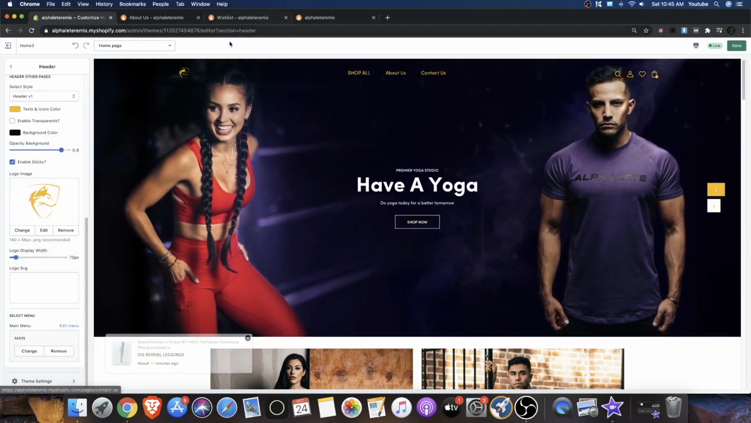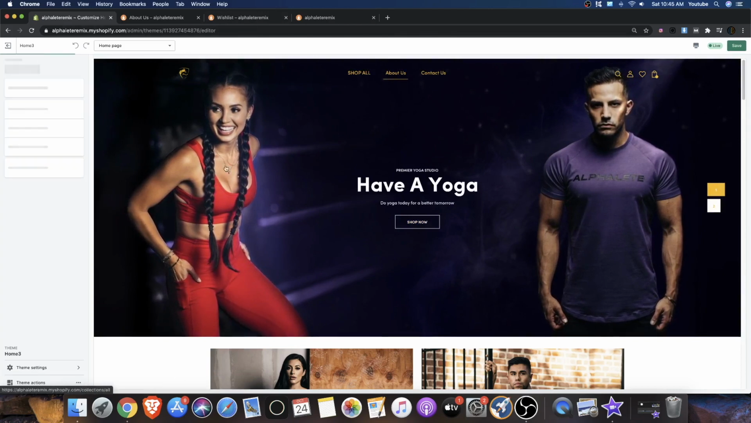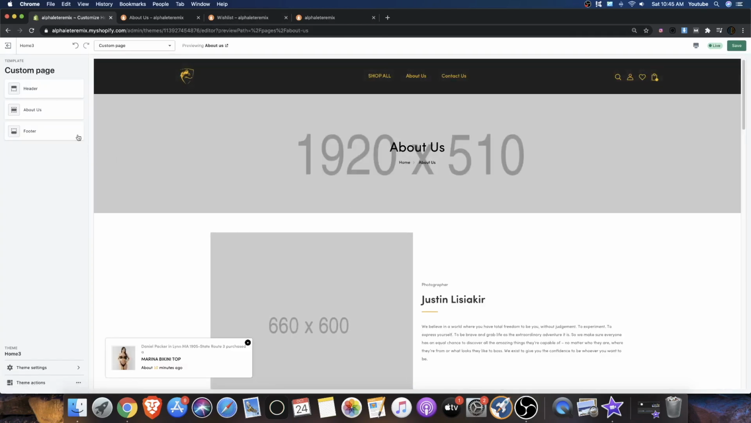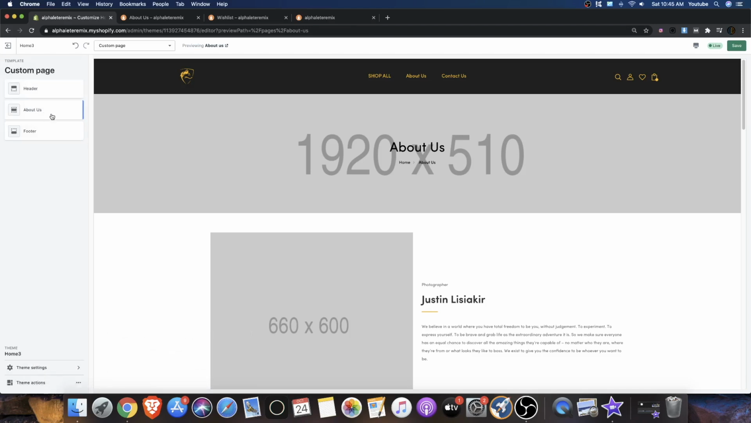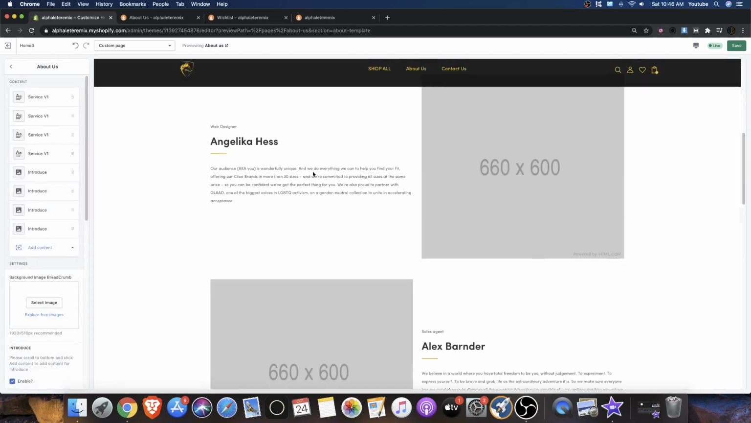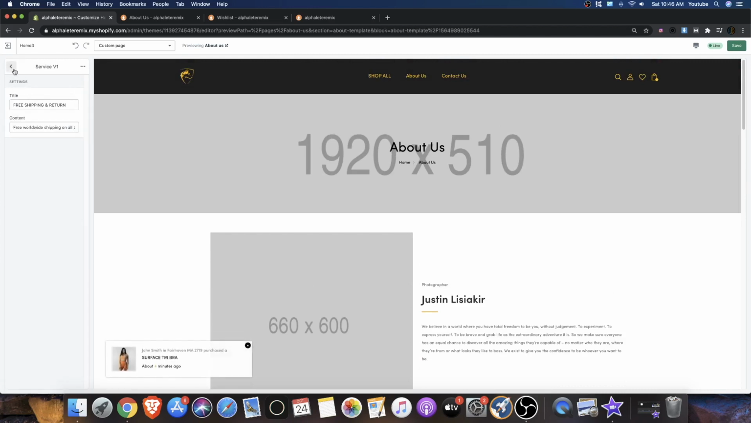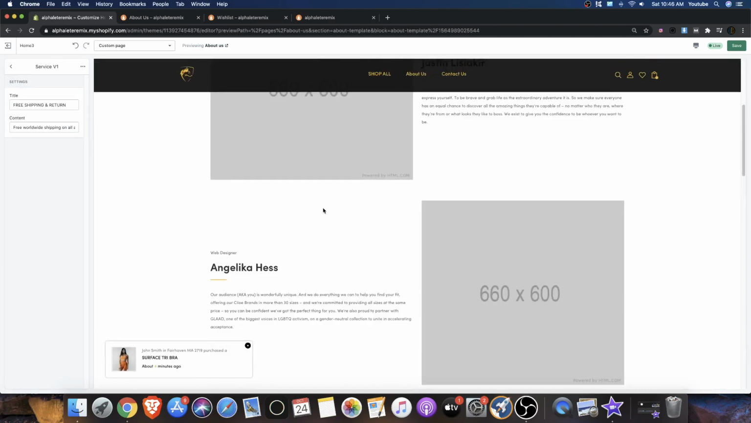And to edit any of these tertiary pages, such as About Us, Contact Us, all these different pages, we just click on the actual page, right? It's considered a custom page, and we click on it. We click on the actual page link here, and we just edit the content. So it could be service 1, it says free shipping. So I'm going to just